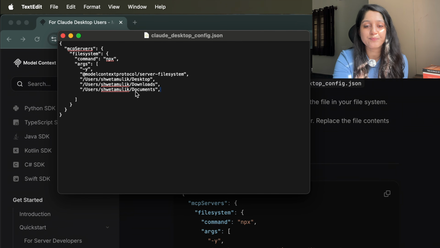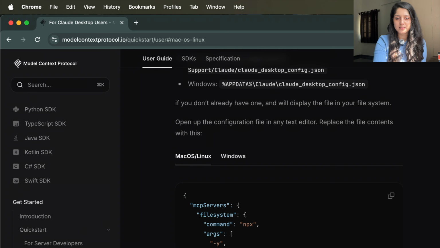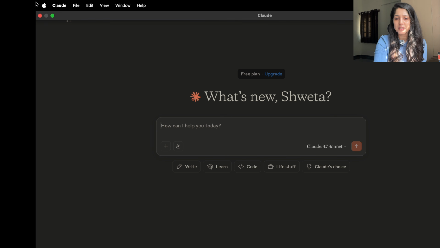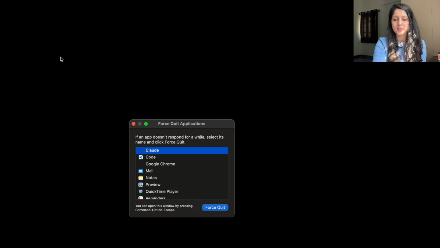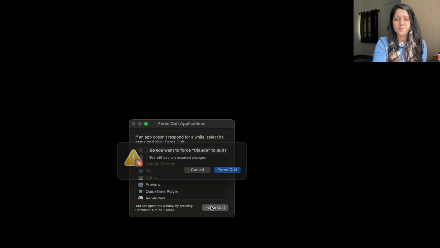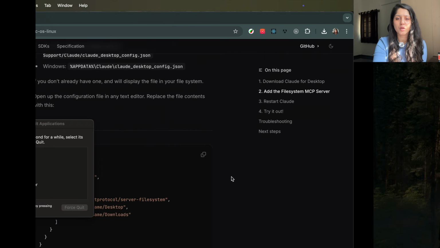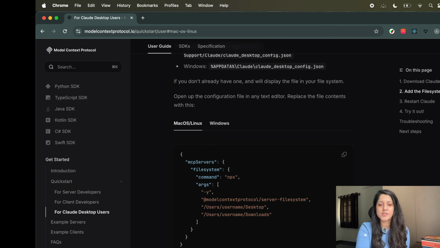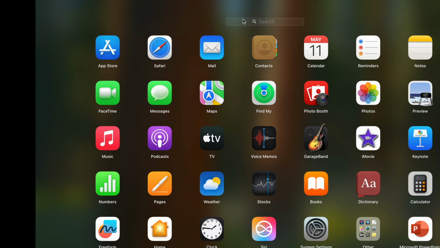All right. So after updating this config file and every path here, we need to restart Claude Desktop for the configuration of the MCP server to reflect. So I'm going to quit Claude Desktop. Yeah, completely close the app and reopen it again. So once I open and restart it,